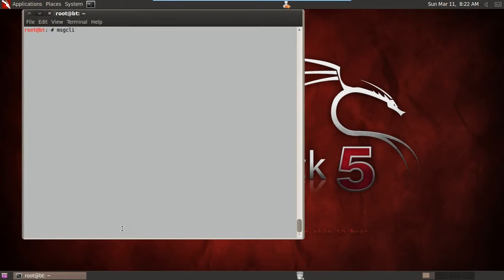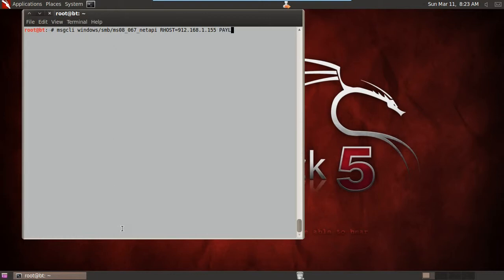MSF CLI space Windows/SMB/MS08_067 and our host is equal to some IP address, suppose 192.168.1.155.